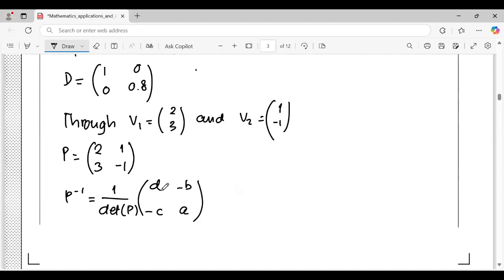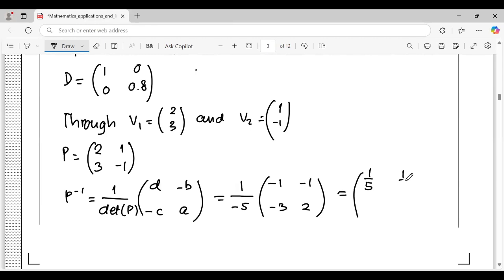If A, B, C, D, right? So it's going to be 1 over the determinant, 2 times minus 1 minus 2 times 3, so minus 5. And it is minus 1, minus 3, minus 1, and this is 2. That's correct. And if you calculate, this is minus 1/5 times minus 1, 1/5,